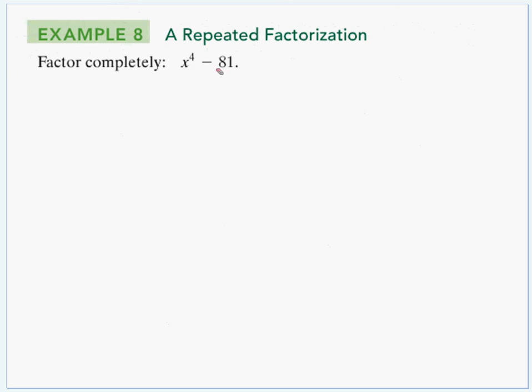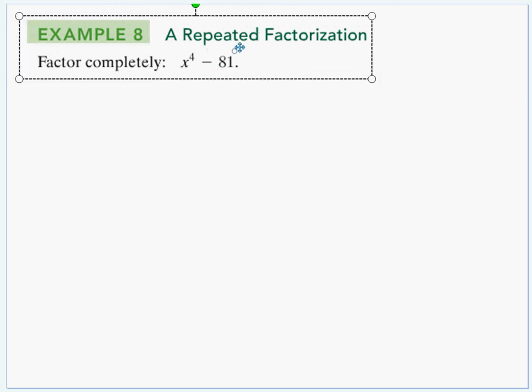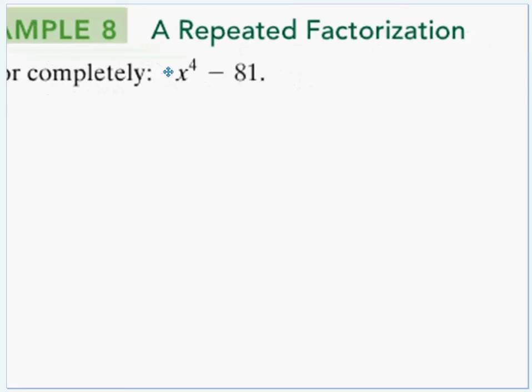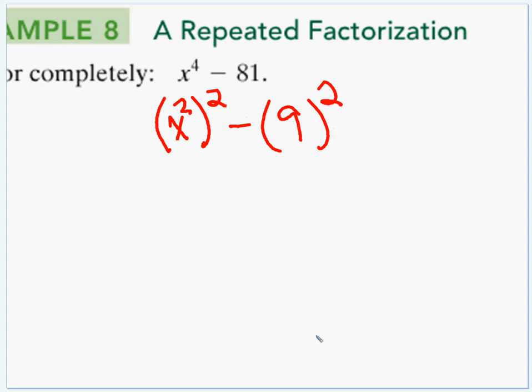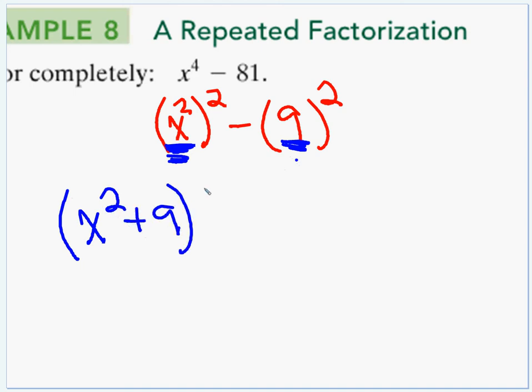Now here, example 8, it says a repeated factorization. So if you think the problem's over, it might not be done yet. So let's see here, x to the 4th. Well, that is a perfect square. What do you square to get x to the 4th power? That would be x squared squared. Remember, here's where you multiply exponents together. Squared to its own power, that would give us our 4th power. And then 81, that's a 9. So let's see here. We're going to have two factors, an x squared plus 9 and an x squared minus 9. So x squared plus 9, x